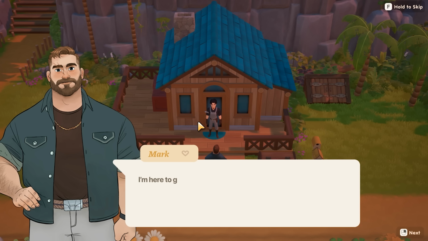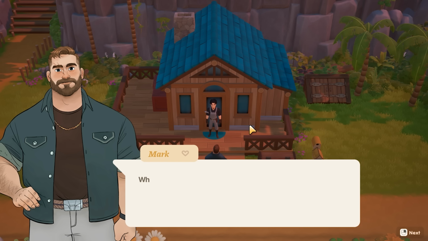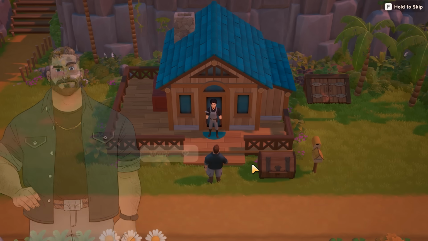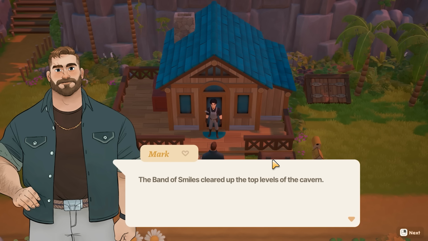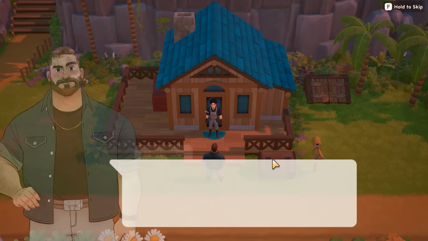Hello, Mark. I'm here to give you some info. Okay. Why does it seem like I'm going to get shaken down? The cavern northwest here is open right through the forest. When you see Jack's Ranch, go left. Okay. Catch any of that? Alright, yeah. Chill out. Up levels. It's safe to roam, no monsters anymore, just don't go too deep. Alright, so I wonder if